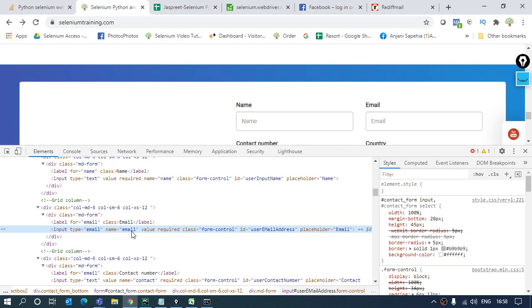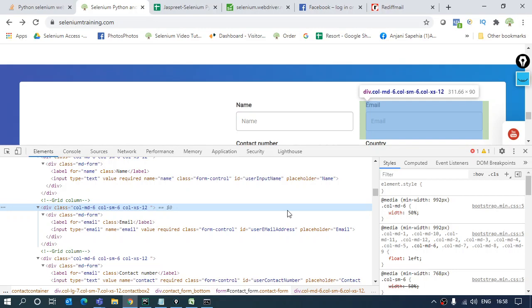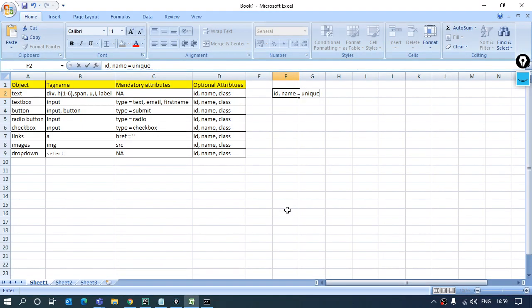The id value can be given as name, like if it has a name attribute and the value is email, the same could be given to the id as well. Over here it could be the same, that can work, but the same attribute will have no same value. That's why using the id and name are more preferred above the class because they are unique.